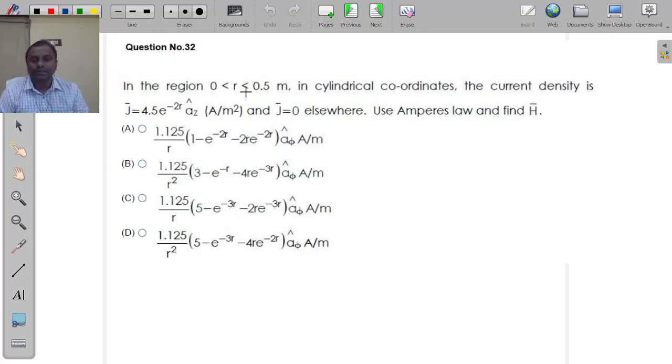In the region 0 less than r less than 0.5 m in cylindrical coordinates, the current density is 4.5 e power minus 2r into a_z ampere per meter square, and elsewhere it is zero current density. Use Ampere's law and find the magnetic field intensity H. The given options are these. Solution for this problem is